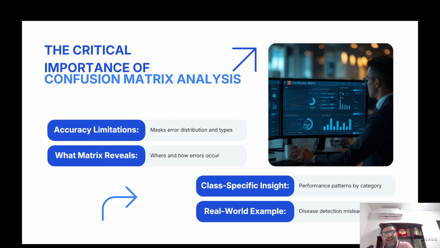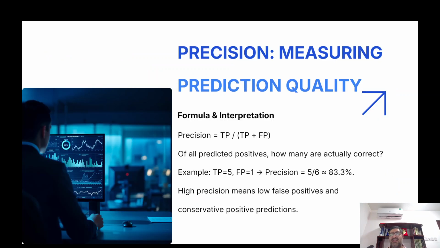The critical importance of confusion matrix analysis. Accuracy limitations mask error distribution and types. What the matrix reveals is where and how errors occur. You're having class-specific insights, performance patterns by category, real-world examples. So definitely, the confusion matrix is playing an important role in providing that big picture, in fact a holistic picture of how a particular model is performing, rather than limited